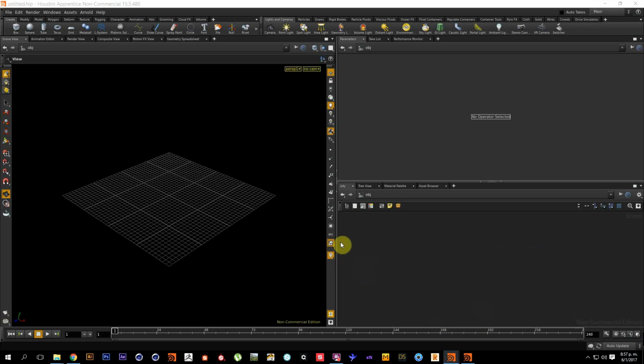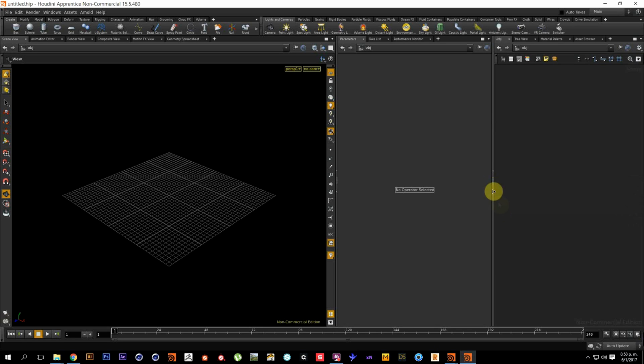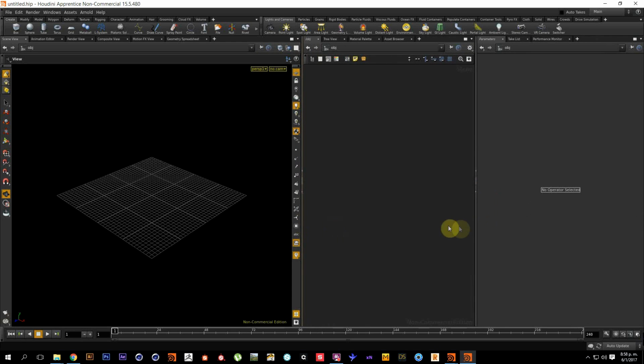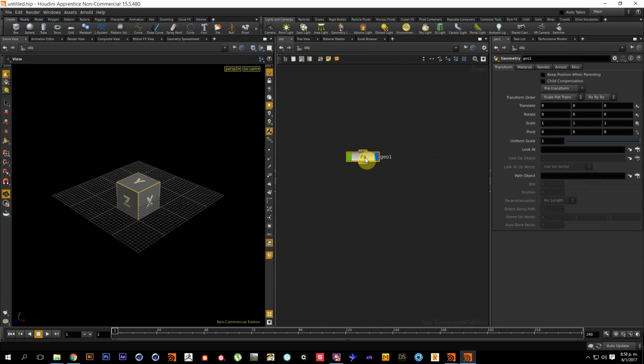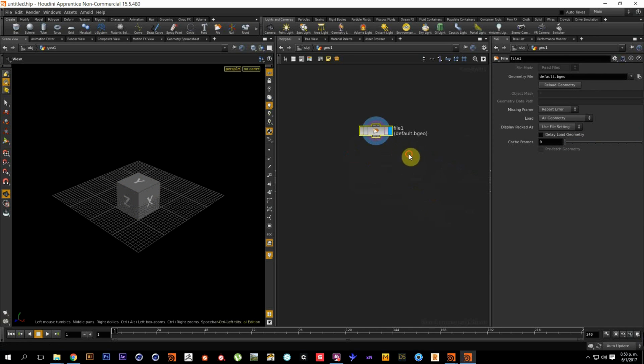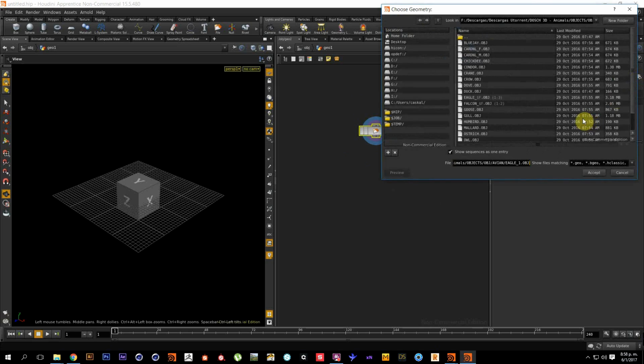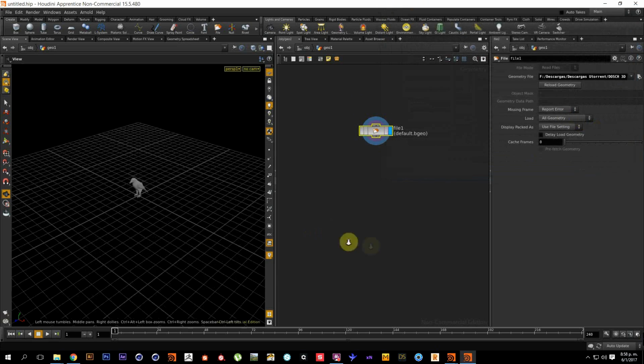Okay, so here we are in a fresh Houdini scene, and I'm gonna change the layout. I'm gonna press Alt and middle click on this area here, and then click on this area. So now we have a better space to work at. I'm gonna press Tab and add the Geo node. Double click to go inside, and I'm gonna go here in this arrow to import my model. It's a bird